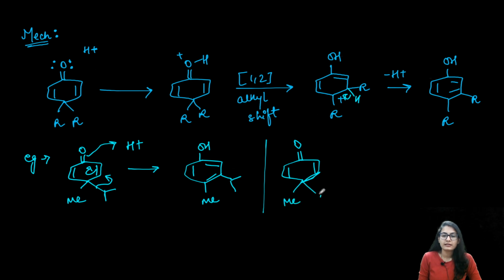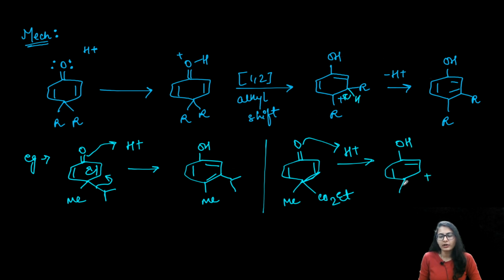yes, dienone, you are having methyl and an ester group. So you know already that methyl is more electron donating, so you are going to draw this product. I know that in the presence of an H plus, you are going to just take away the electron density from oxygen. Here is the positive oxygen over here, OH, a double bond, and a carbocation on this carbon, adjacent